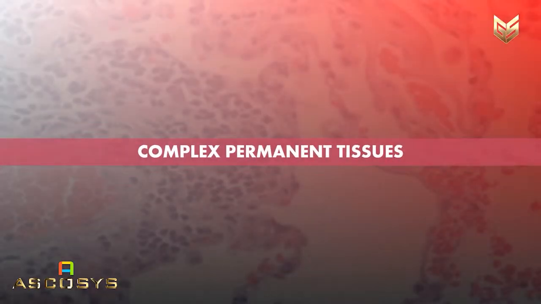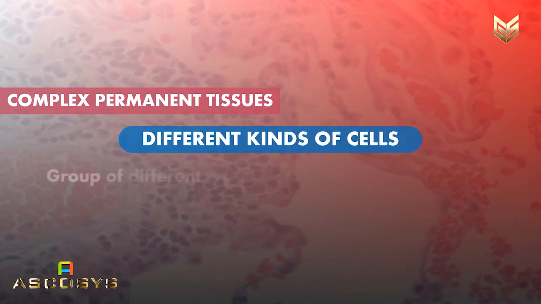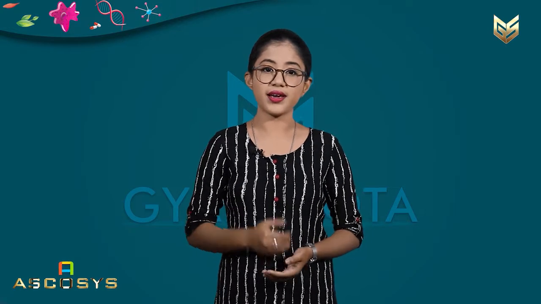Now, what is complex permanent tissue? Complex permanent tissue comprises different kinds of cells, and this group of different types of cells performs a common work together. That grouping of cells is called the complex tissue. So these complex tissues are made up of more than one type of cell, and all these cells coordinate to